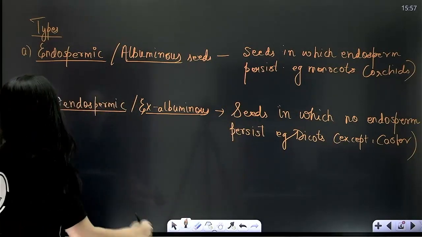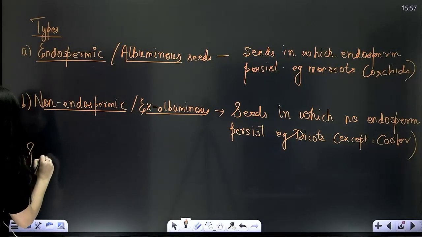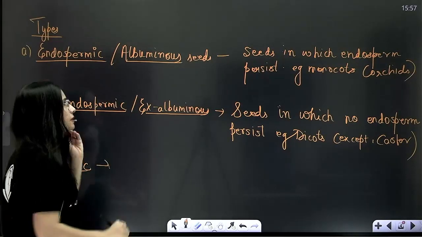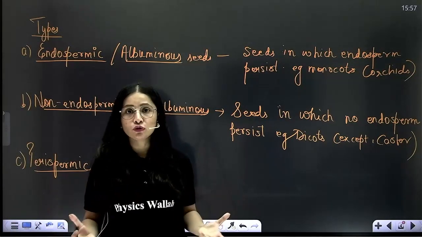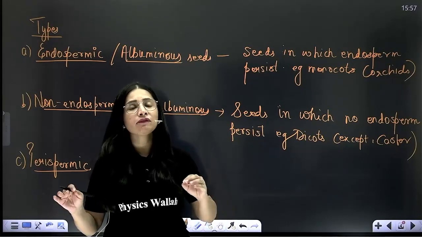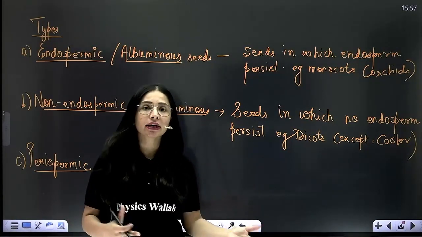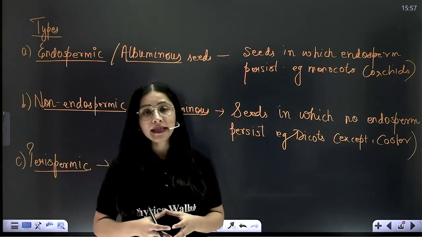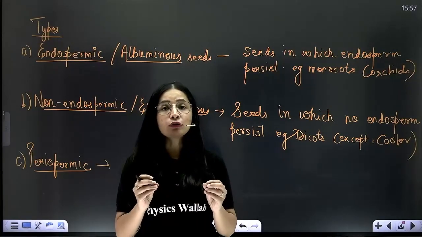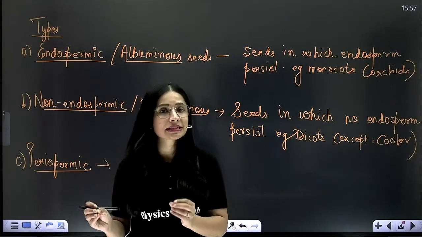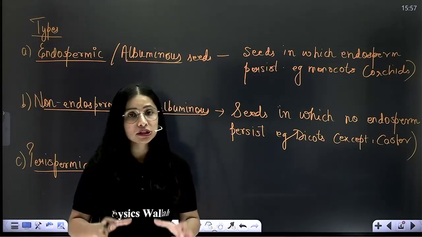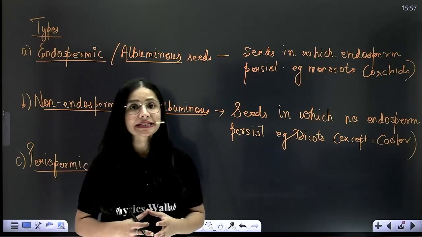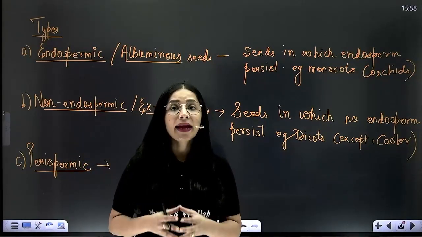One more category of seed we know is perispermic seeds. Beta, normally what happens? The nucellus is either consumed completely, or even if it persists, then it gets degenerated soon after fertilization. However, in black pepper or beet, in the seeds, some amount of nucellus may remain persistent. Such seeds in which remnants of nucellus are also present are called perispermic